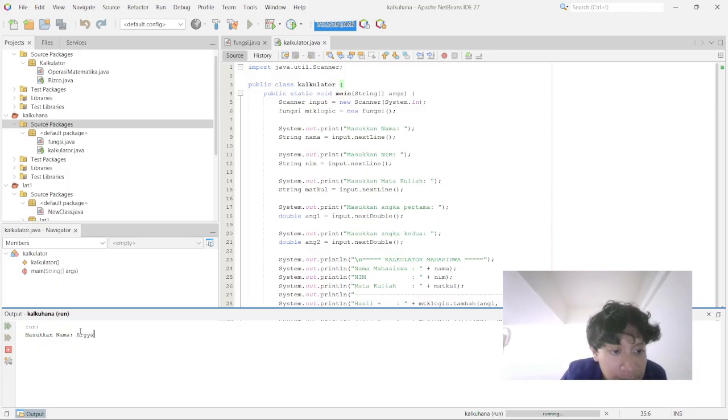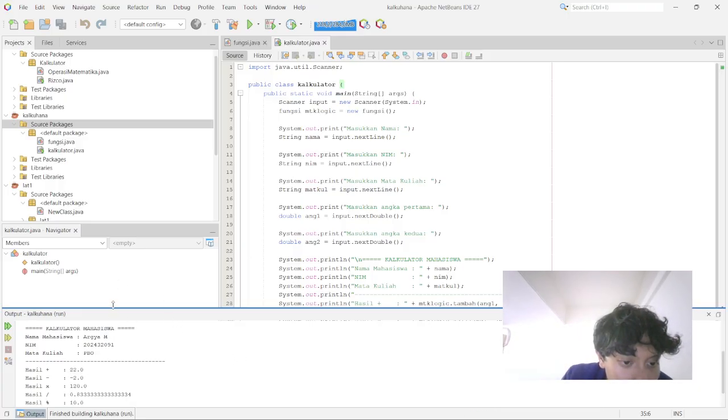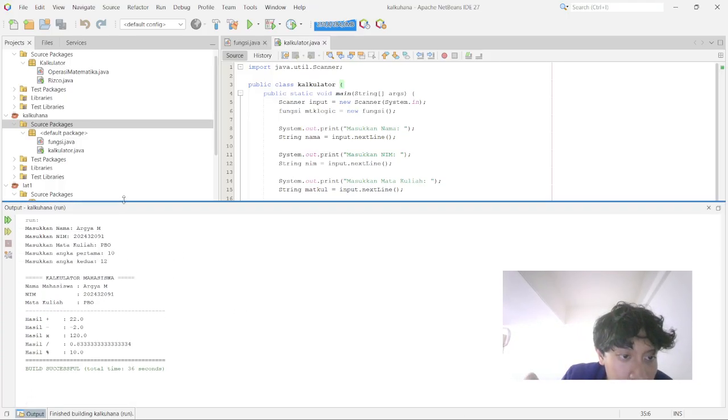I'll enter my name, and then my student ID number, and then the subject class. I will type here my class, the OOP class, and then I will input 10 and 12.